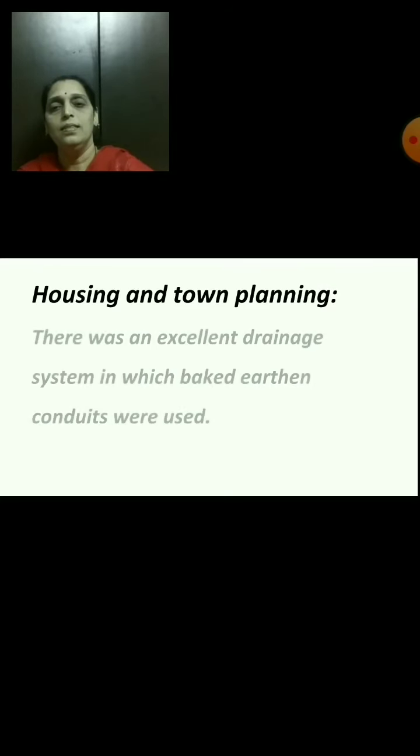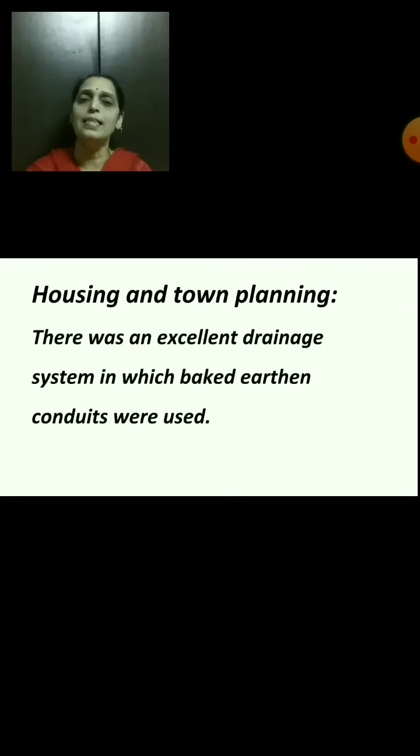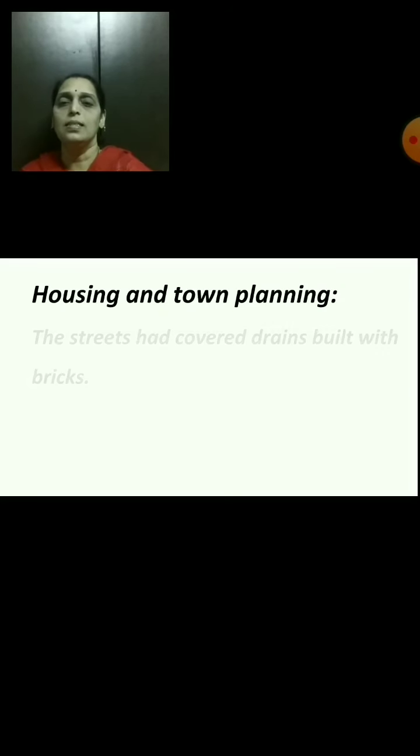Next is, there was an excellent drainage system in which baked earthen conduits were used. Now students, conduit means a pipe, channel or tube through which liquid, gas or electrical wires can pass. So there was an excellent drainage system in which baked earthen conduits were used. Next is,